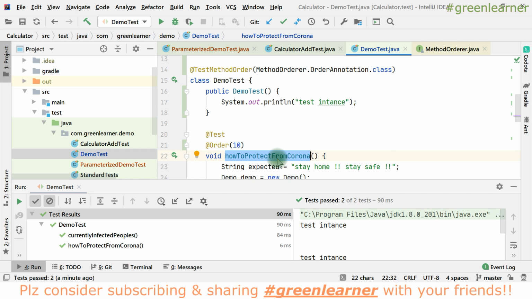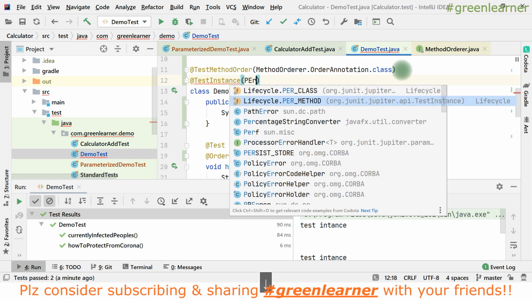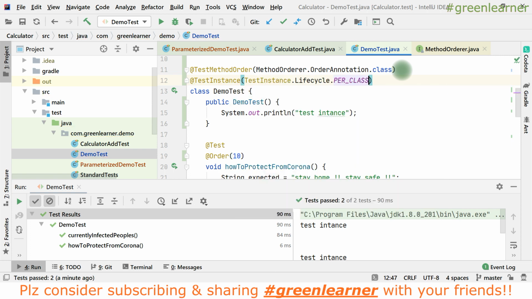So it is there to ensure that. But if you are sure that there is no need to create an instance per method, you can override this behavior using @TestInstance. You can use the lifecycle per class. We have two, per class and per method. Per method is the default behavior. Per class we can override it, right?